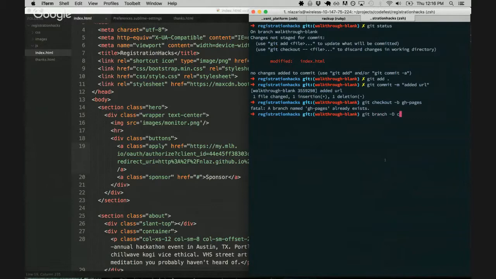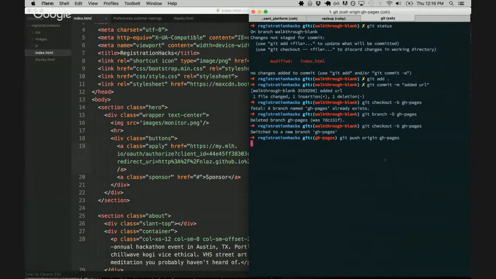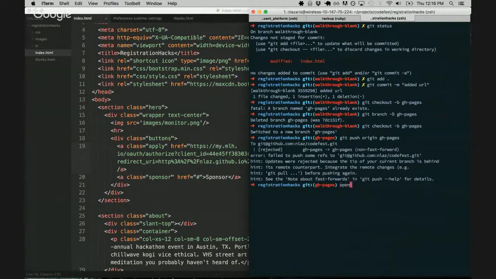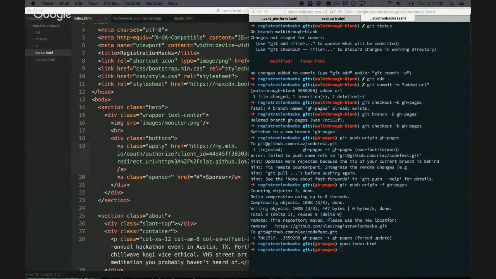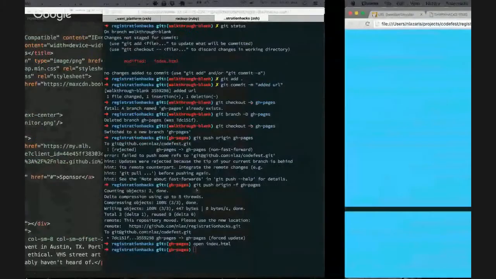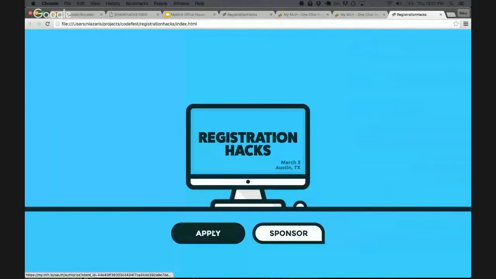I can't type, but it's okay. And as that's doing that, I will open this locally, and it should work somewhat. Maybe the redirect won't work, but I will see the